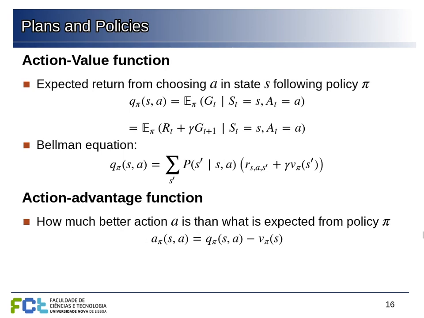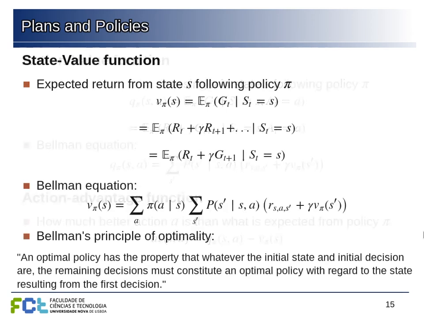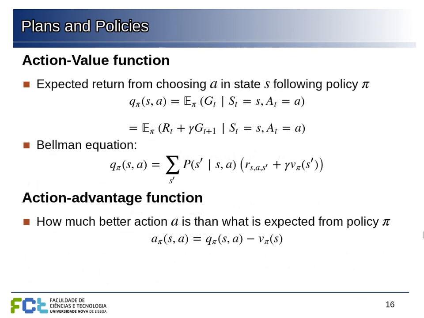And now we also can consider this action value function, which is very similar to the state value function, but it considers what would be the expected reward if we take action A now and then follow policy pi. This is not exactly the same because with the state value function, we assume that we are following policy pi, and so we may take different actions with different probabilities. But in the action value function, we are considering for state S, if we take action A, what would be the expected discounted outcome of this?